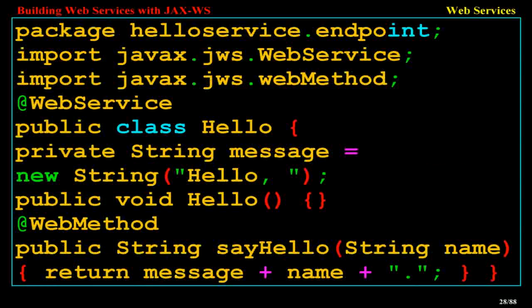package helloservice.endpoint; import javax.jws.WebService; import javax.jws.WebMethod; @WebService public class Hello { private String message = new String("Hello, "); public void Hello() {} @WebMethod public String sayHello(String name) { return message + name + "!"; }